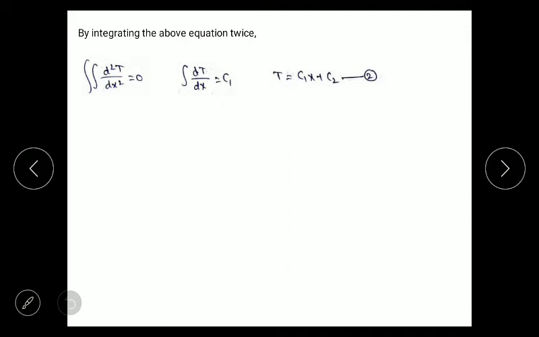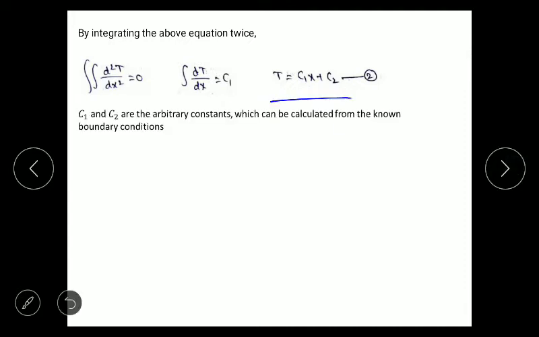Now, we already discussed that the initial and boundary conditions are applied in order to get the unknown terms. Right? Here at the integration we can apply the initial and boundary conditions, or we solve this equation after integrating the entire equation. I know the boundary conditions, as it is a steady state heat transfer process. Only boundary conditions are sufficient to solve the equation. No initial conditions are needed, as it is a steady state equation. For steady state, the temperature dependence on time is 0. So boundary conditions alone are sufficient.